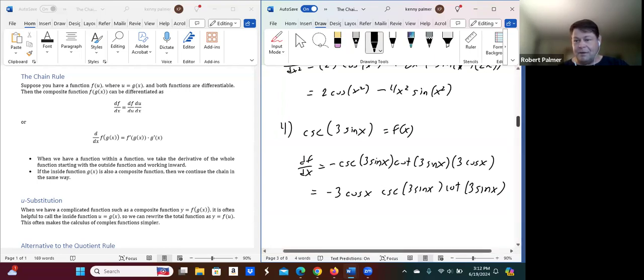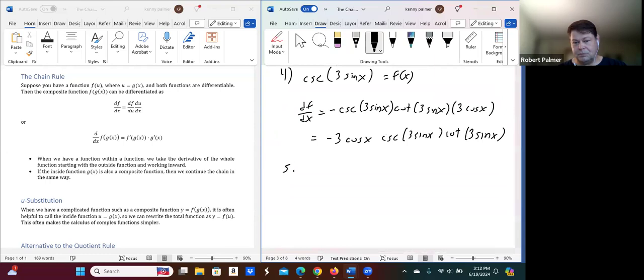Number 5. Okay, let's take a look at this one. So this time our function f of x is going to be e to the negative x squared. And e to the negative x squared is something you will probably see again in the future, if you go into more math and science. But let's think about this. We're going to do this a couple ways. We're going to bring in the u substitution again for practice, maybe in this one, or maybe the next one. So if we have this, then,